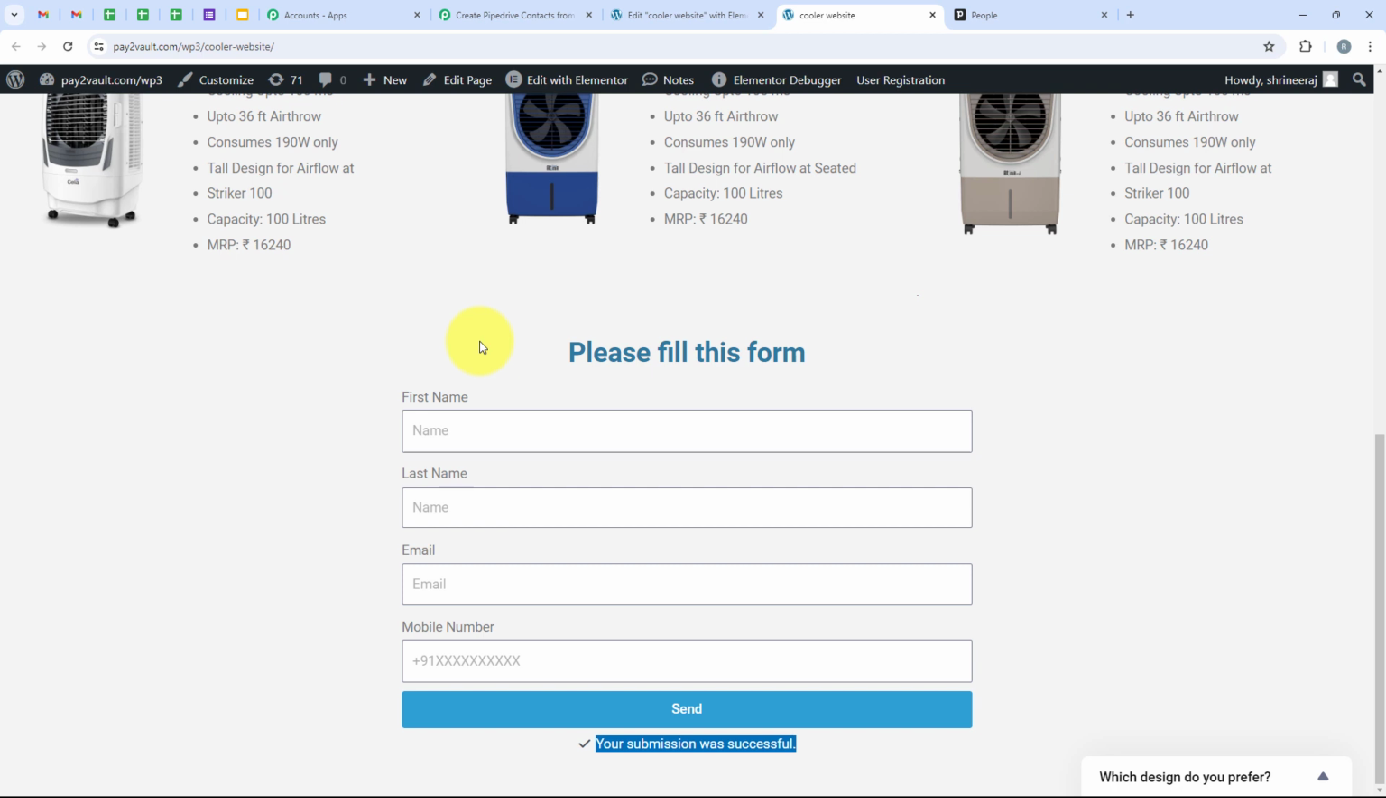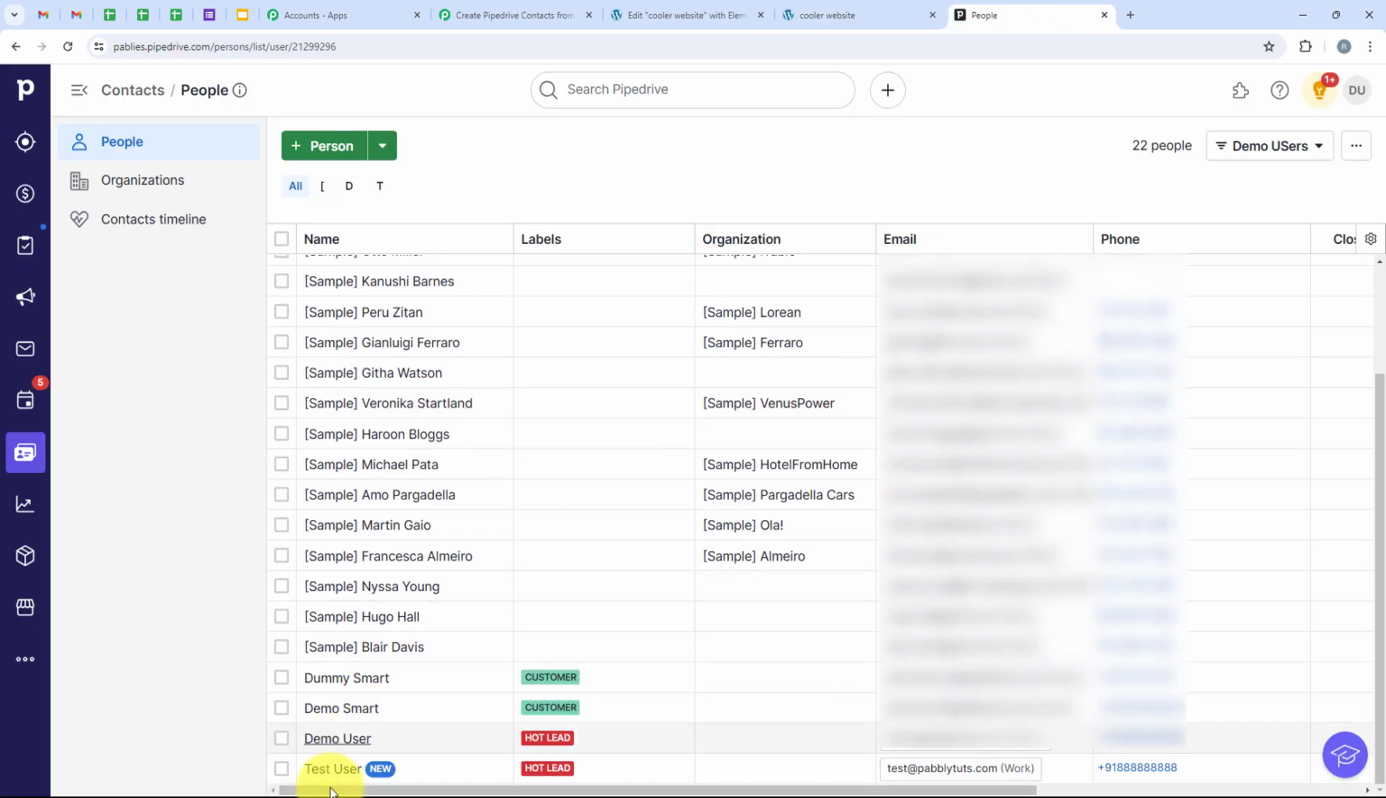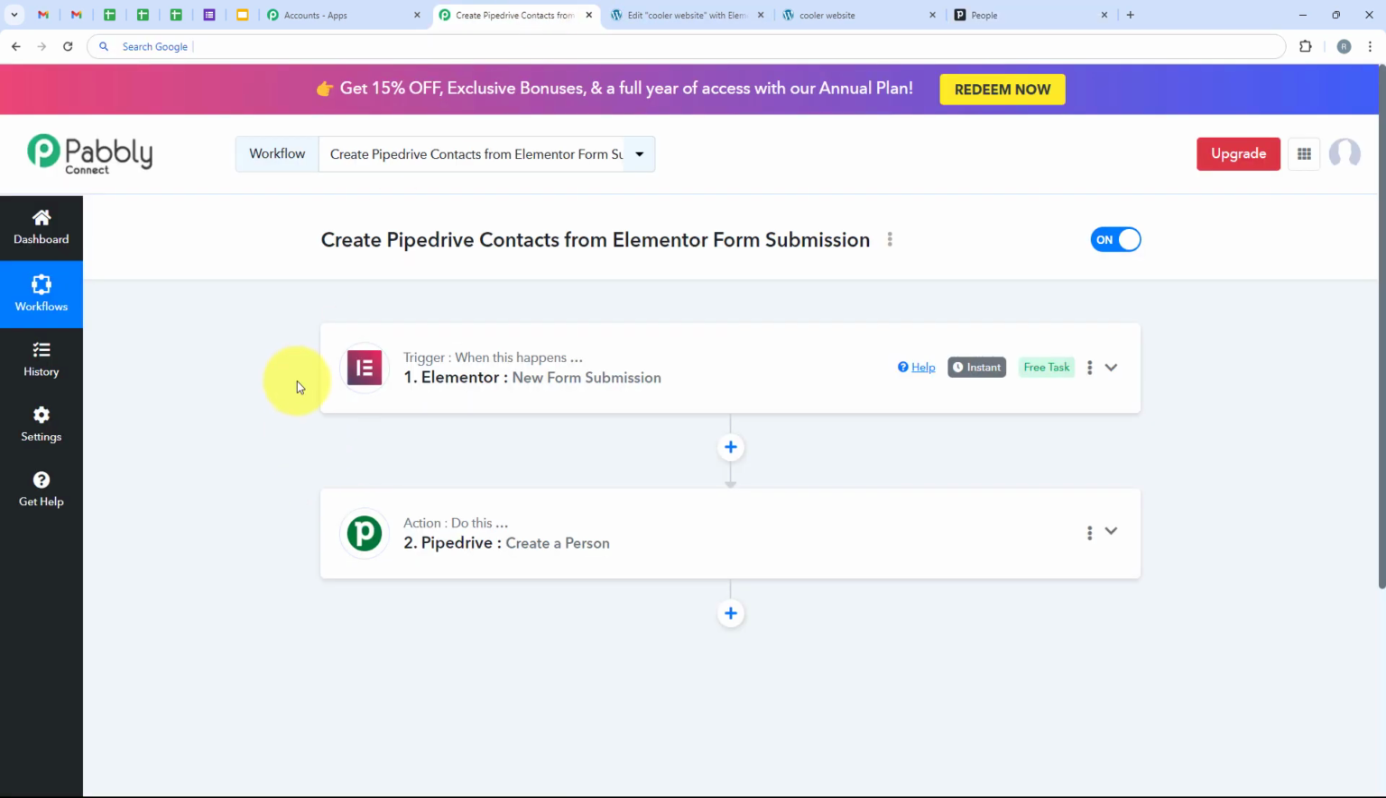So I'm going to open my Pipedrive and check that if Pabbly has created a new contact or not. This time we are not going back to our workflow and clicking on save and send test request. We will directly open our Pipedrive account. And from here we are going to see test user. Over here you can see new. Over here you can see the label as hot lead. Over here you can see the email and the phone number that we entered. So this means that my workflow is successful,